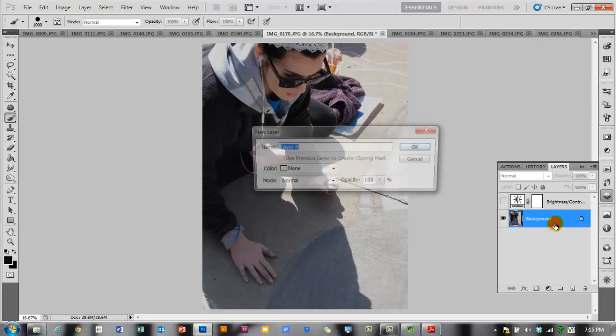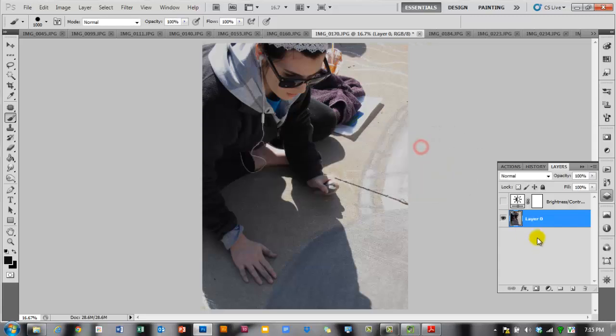So I'm going to double click on that background layer to make it a layer, and then I'm going to drag it down to the new layer button to make a copy of it. The reason for this is because I want to have my original pixels there in case I ever need them again, or I don't like how it turns out and I lose my history. So I'm going to turn that copy off, put it at the bottom, and we're going to click on the